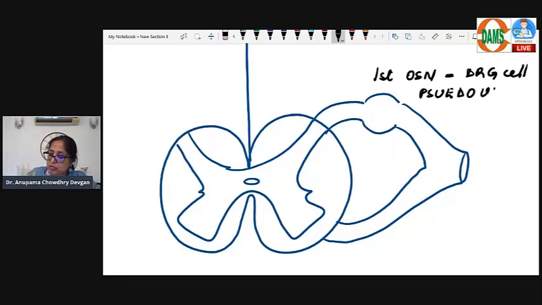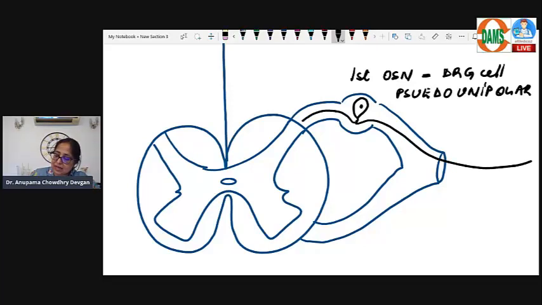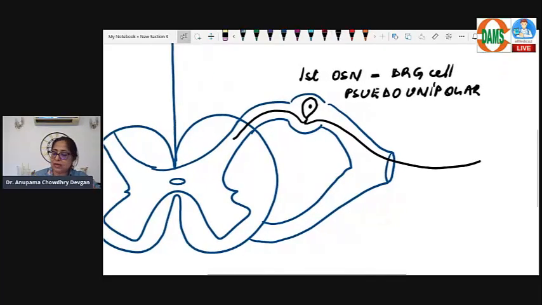This is a pseudo-unipolar neuron. So here is the cell body. It looks as though it has one process, but in fact, it has two, one which goes towards the skin and the other which goes towards the